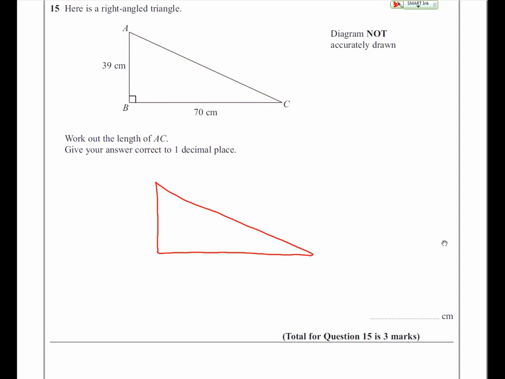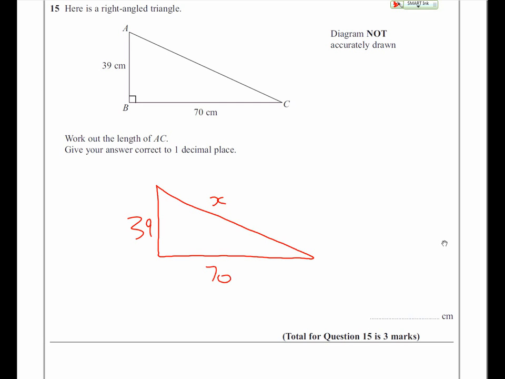We want to know this missing length. So it's Pythagoras, and you want the longer side. When I teach this, I say square, square, add, square root. You might have seen it as a formula: a squared plus b squared is c squared. This just means you don't have to rearrange, it does the job for you. So square